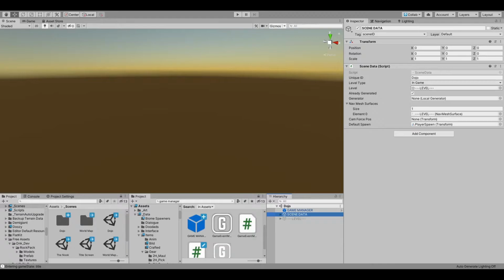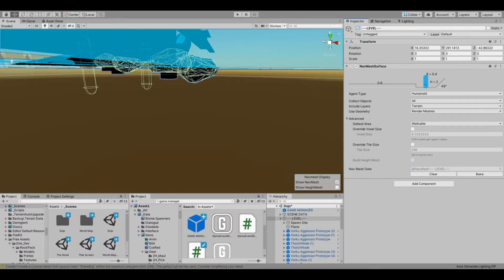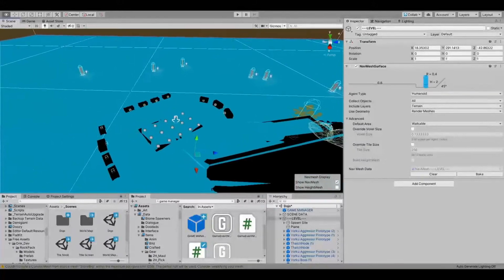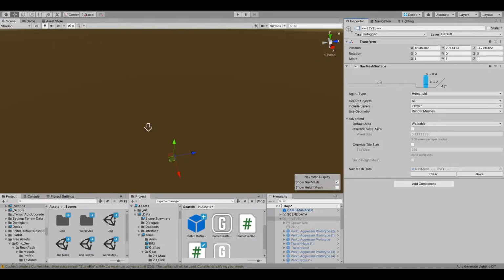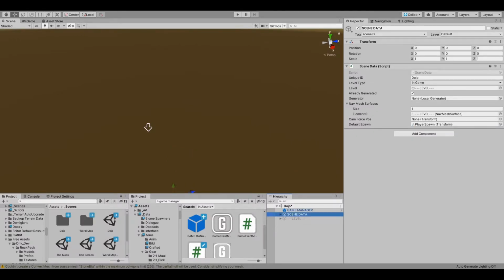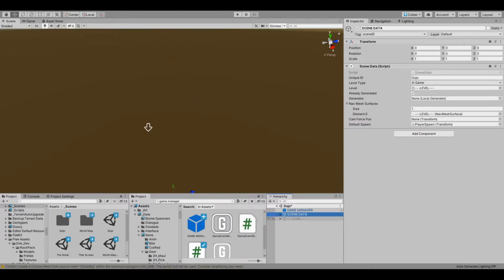So first of all, the level. So here I have literally the whole level inside of just one parent game object, which is turned off. So you can see it's all here. And so it needs to be turned off by default when you're ready to just let it be running, because what happens is the game manager starts, it plugs into the scene data, makes sure that everything is started, and then enables the level so that anything in the level,